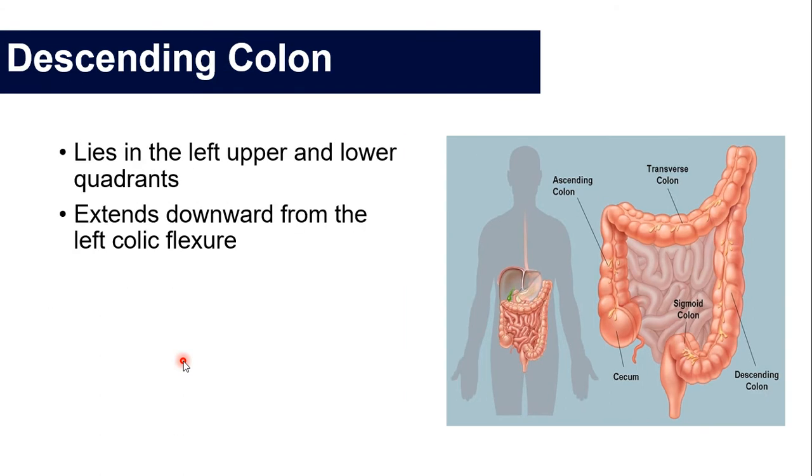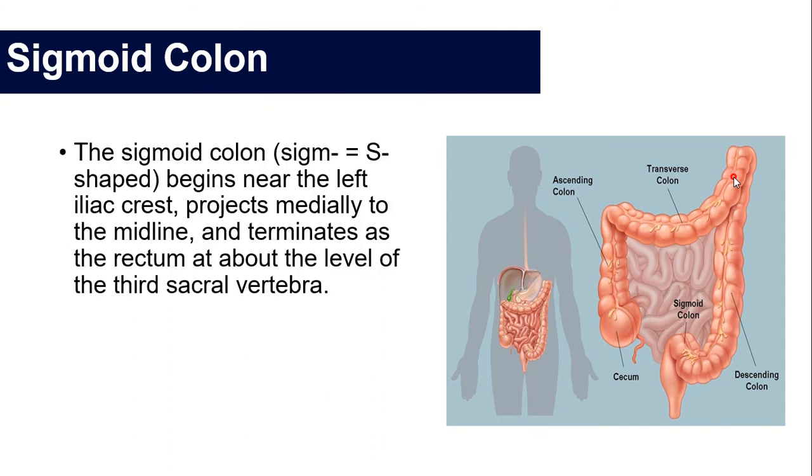After the transverse colon, we proceed to the descending colon. The descending colon is about 10 inches in length and lies in the left upper and lower quadrants. It extends downward from the left colic flexure to the pelvic brim, where it becomes continuous with the sigmoid